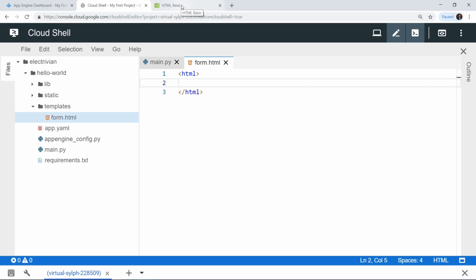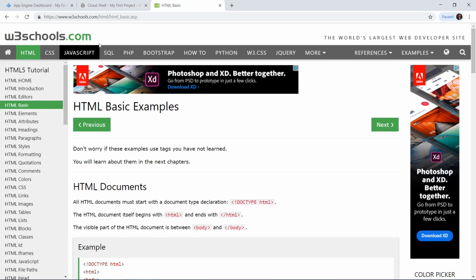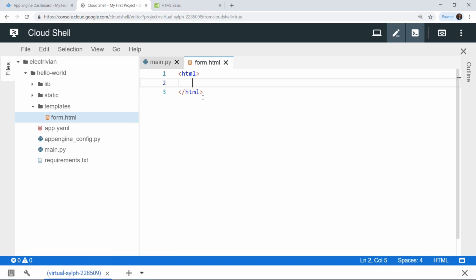Okay, but if you still want to dive in deeper, I have some resources linked in the lecture resources section over here. And if you are tired of typing the entire file, then I also have the ready-made file or the entire content of our particular project linked in the lecture resources over here. So feel free to download it and also copy the contents of the file on your Google Cloud instance or on your Google Cloud code editor. But I still highly recommend that you type the file from scratch, because with that you will also get a good grip on writing HTML code.